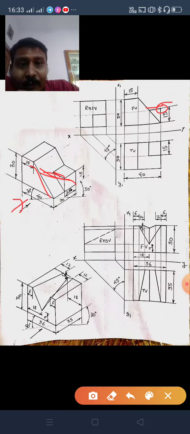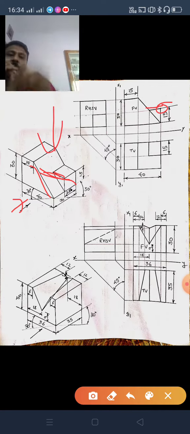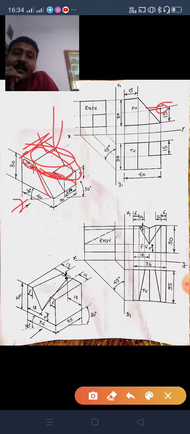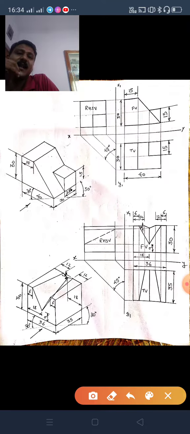Now similarly you have to draw the top view. If you are looking from the top, from here, what you will see is this complete box, and this is the 30 mm length and this is 40 mm. That's why I have drawn this 30, this 40 and this 30. This box I have drawn, and see, this line is also visible at 15 mm. So take this 15 mm, meaning you have to project this line directly. This line is also visible. Now this box is also visible.